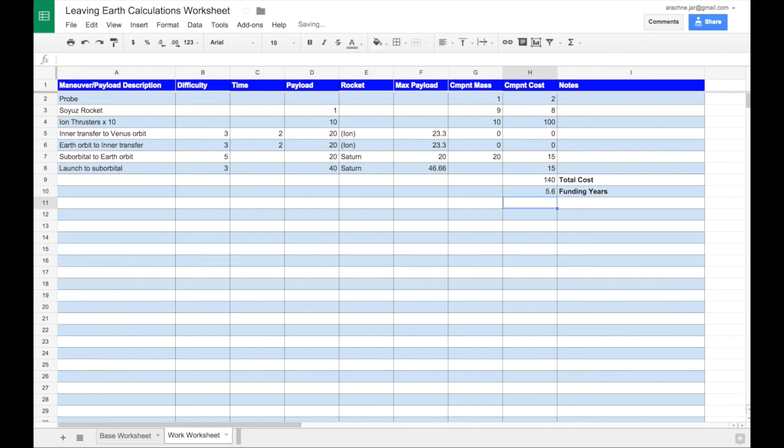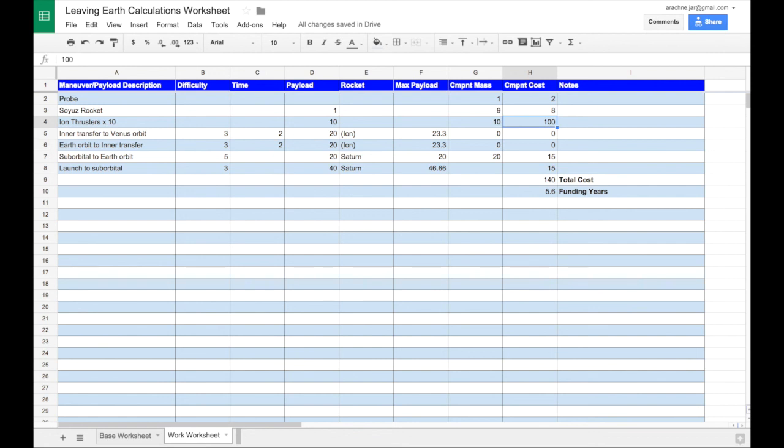So yeah, 5.6 funding years. So this tells you that you need to plan this rendezvous really far ahead, and actually it's pretty ludicrous to say that we're going to do this all in 4 years, because that requires a lot of ion thrusters to deal with. So this is a very helpful sheet to see where you are at, where you're going with your